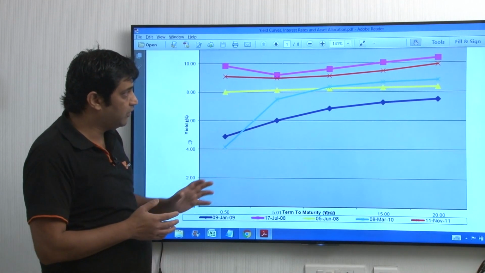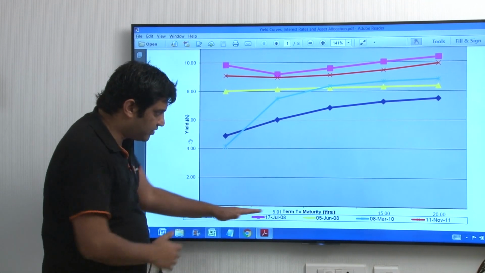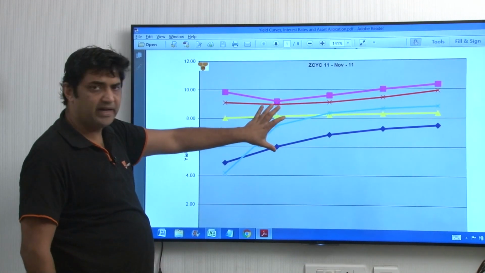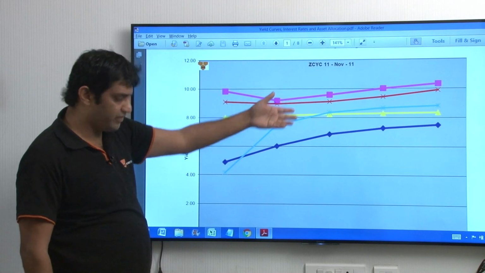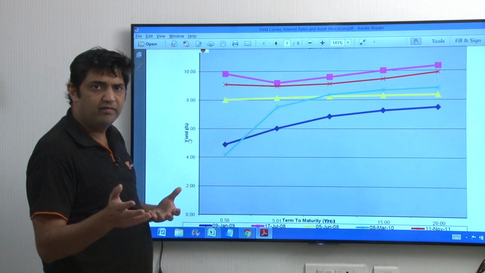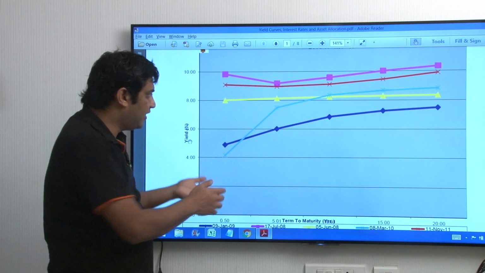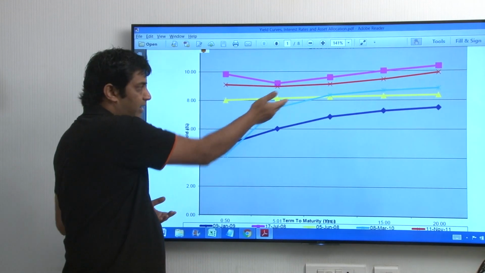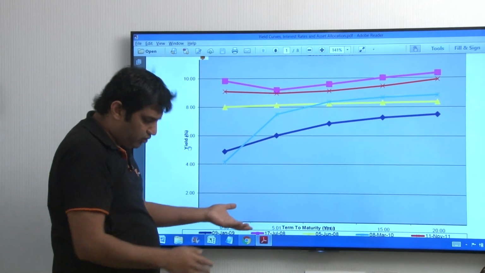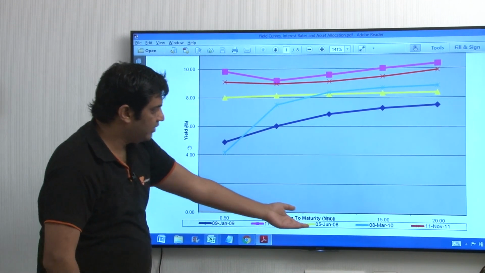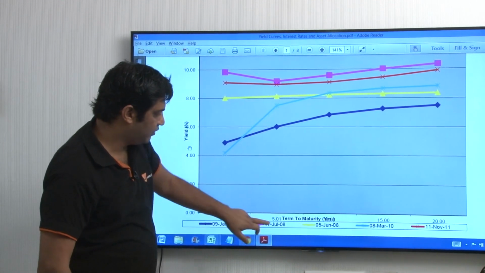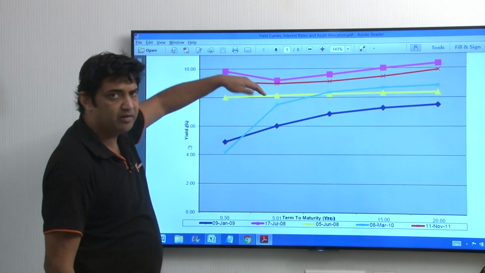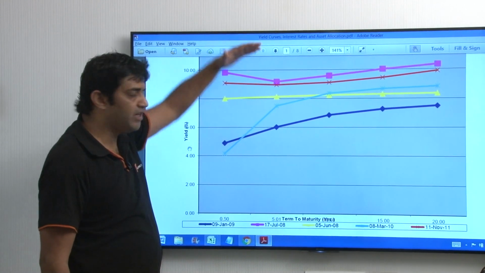So quickly let us go through it. A yield curve is the term structure of interest rates. These are economic indicators, because it's all about interest rates. Normally we would always expect that a yield curve should be like this dark blue line or the light blue line. But in our own Indian markets, we have seen in June 2008 it was flat. In July 2008, in a period of 1 month from 5th June to 17th July, it had become inverted. So yield curves keep moving along.